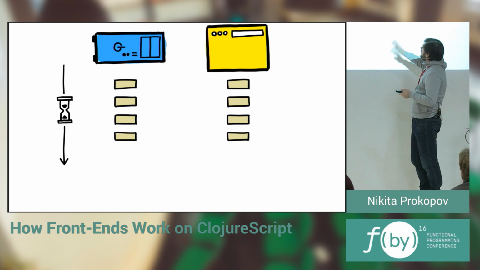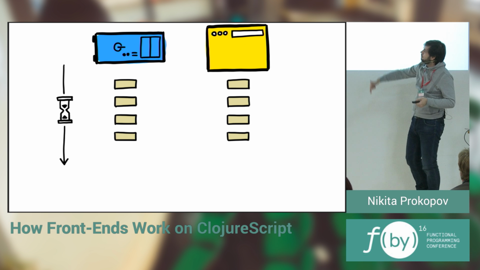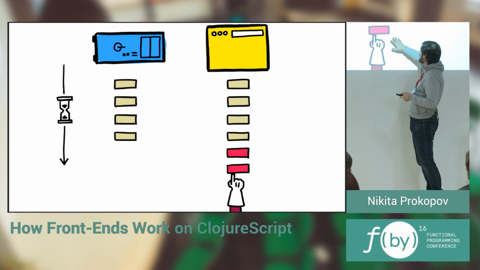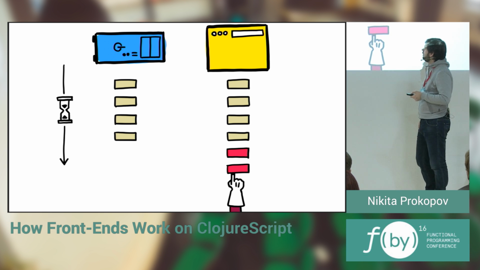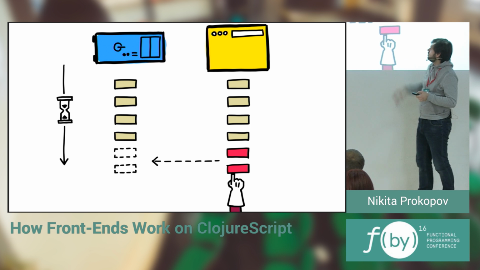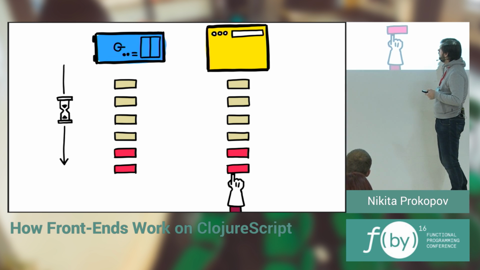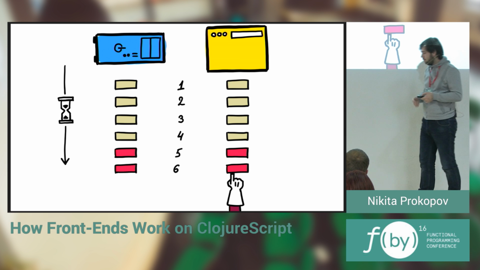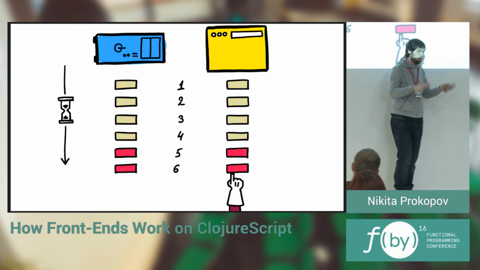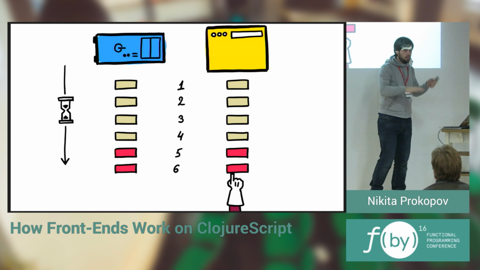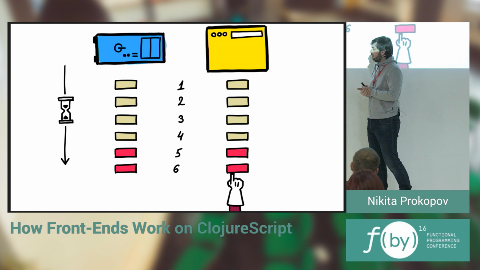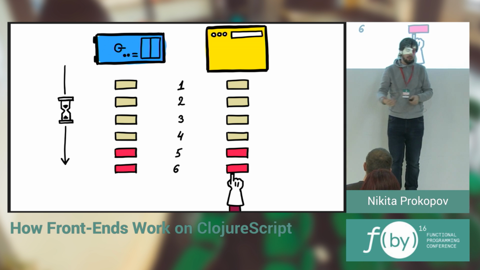We have server, we have client, we have time flowing downwards, and imagine the user inserts a couple of events to the client, right? And what needs to happen, we need to synchronize these events to the server. Basically, it's kind of easy to do because you can associate something like numbers or counters to the events, and then it's really easy to implement a protocol that will check which events are new, which events are missing, and